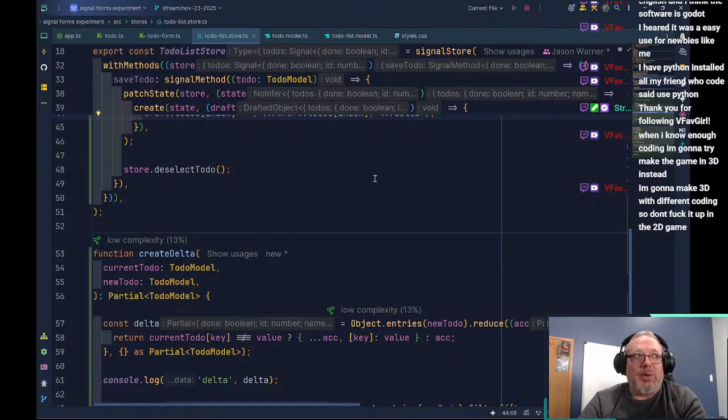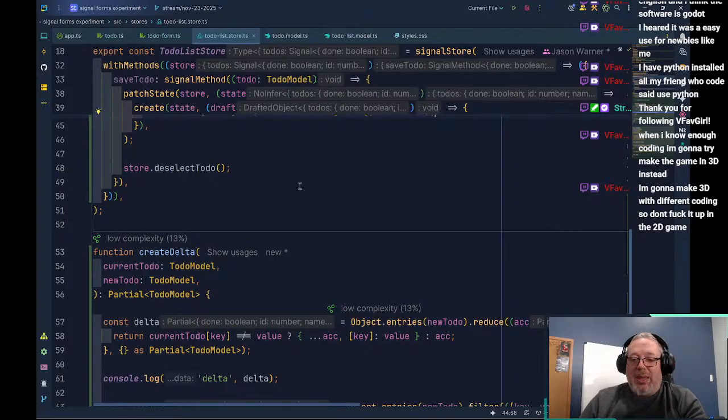So even for experienced coders, jumping straight into a 3D game for your very first game is probably not a good idea. Learning 2D games allows you to learn game concepts like game loops, hit collision detection, all sorts of stuff in 2D space, so you don't have to worry about the 3D space, right? It allows you to focus on concepts and learn those concepts that then can be applied to a three-dimensional game. But yeah, you're making good choices here.